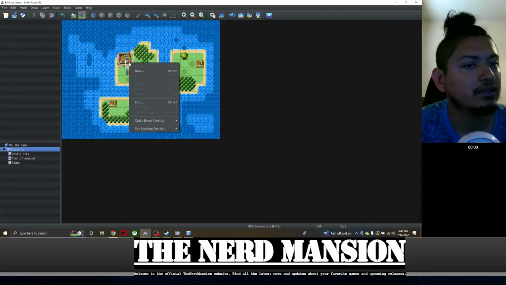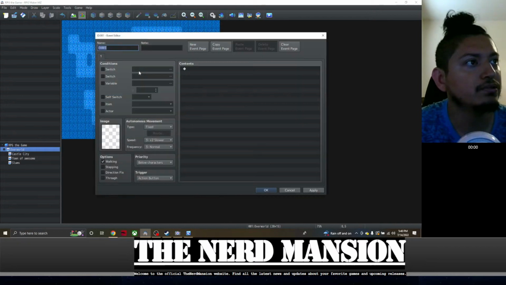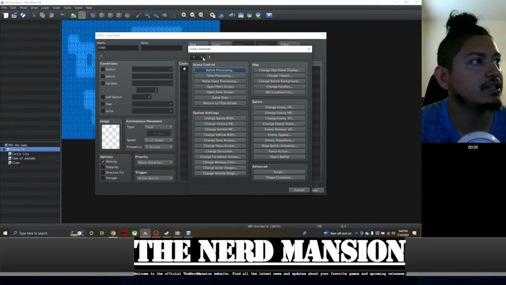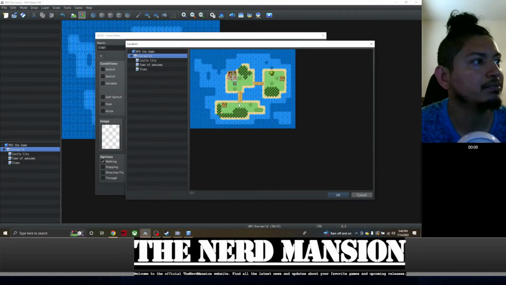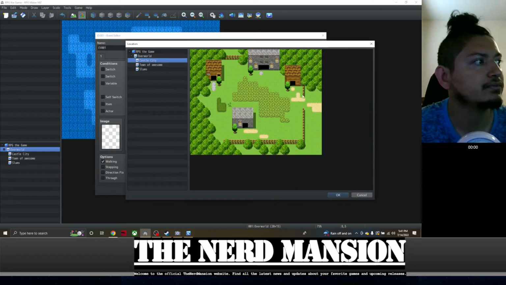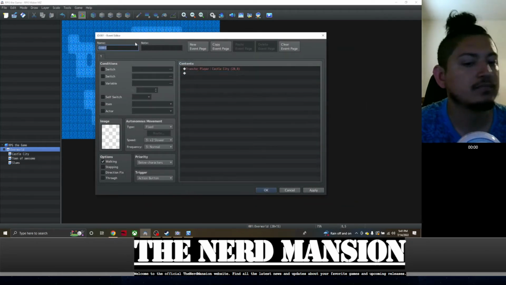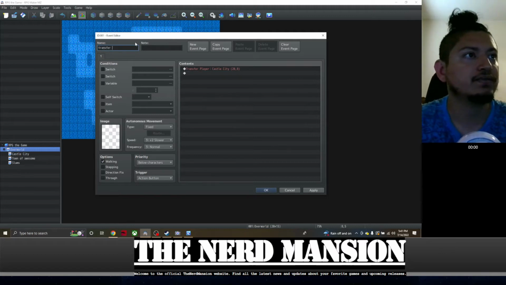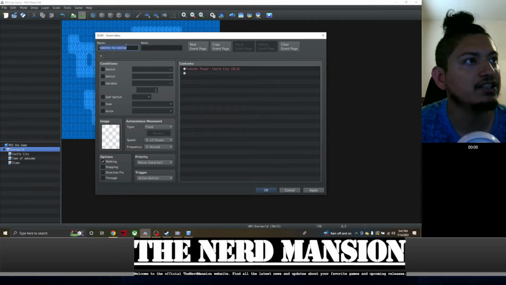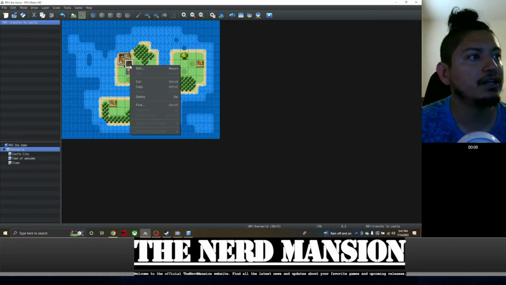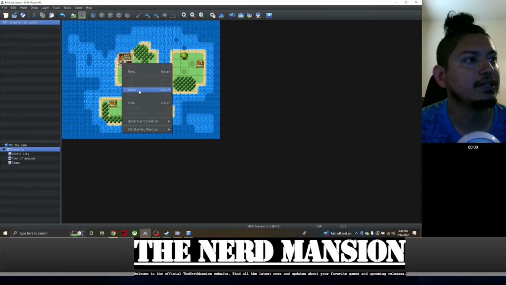So right click, new, and we're gonna make a transfer. So these are the tabs right here. Transfer the player to castle. Now the name of this event affects nothing. This is just for the sake of organization. We're gonna copy the event, paste it over here,